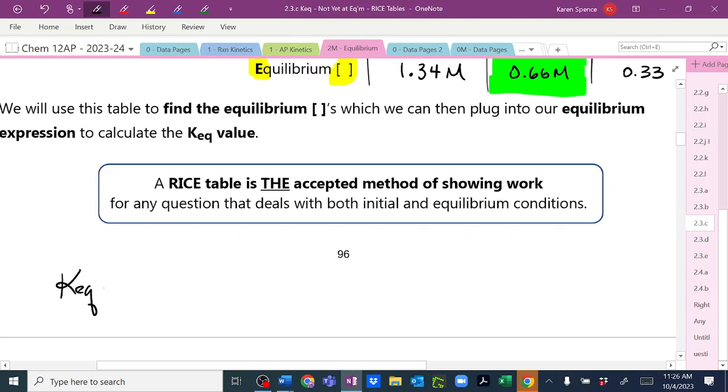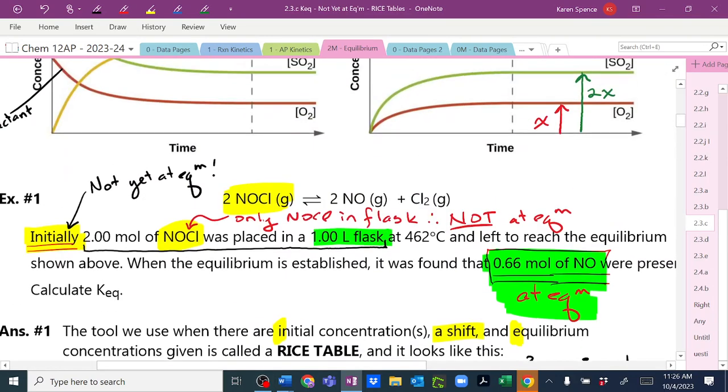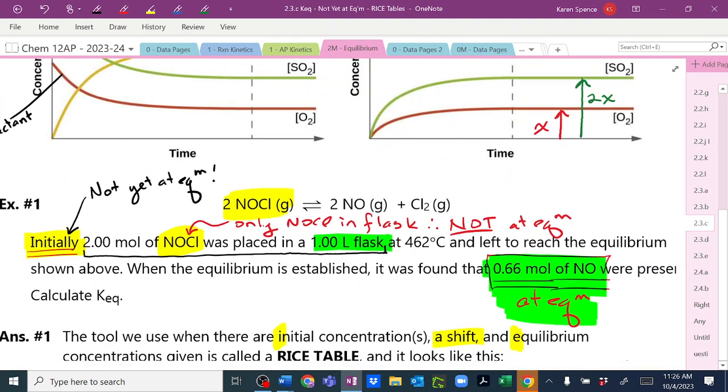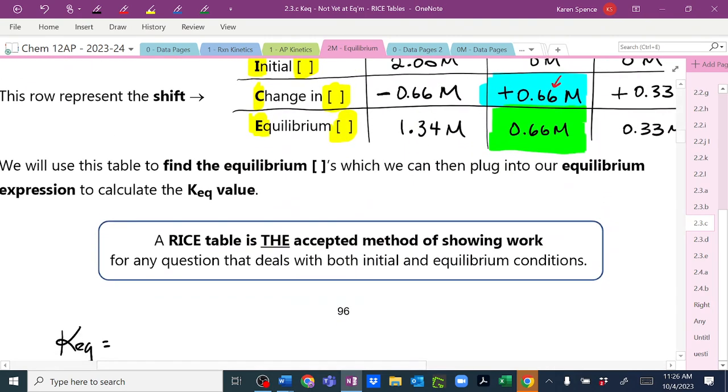KEQ is equal to, and we go back to our reaction, NOCl2